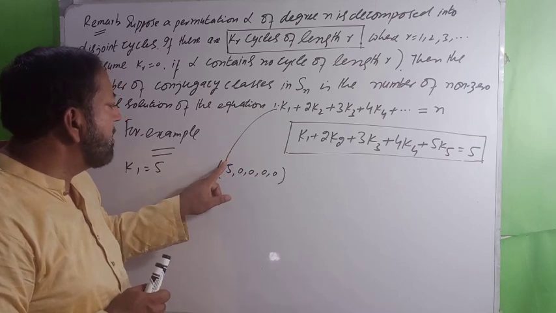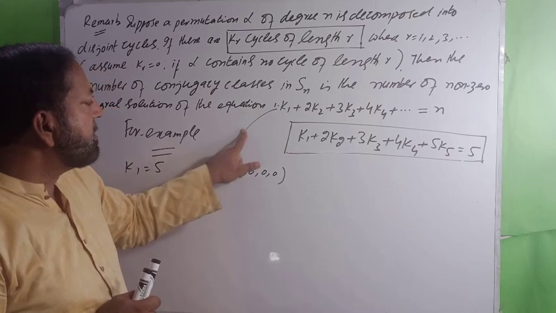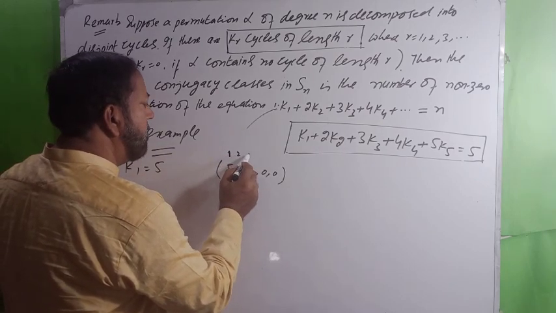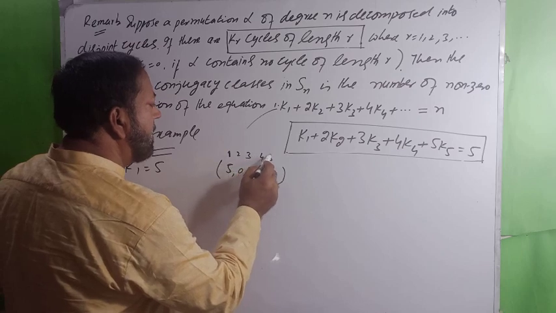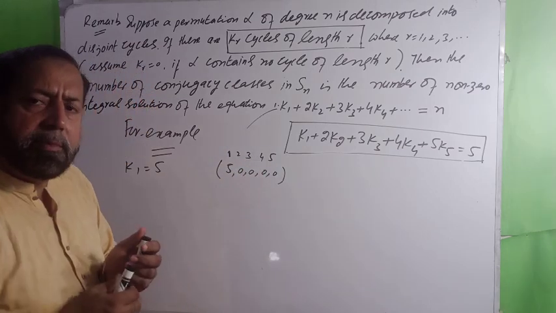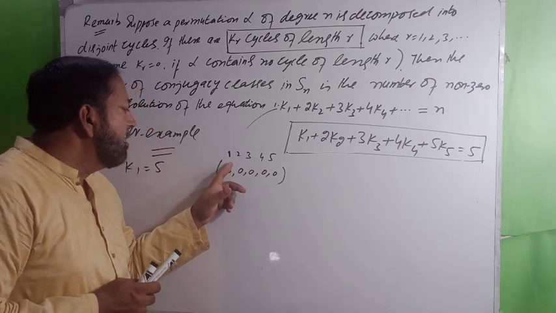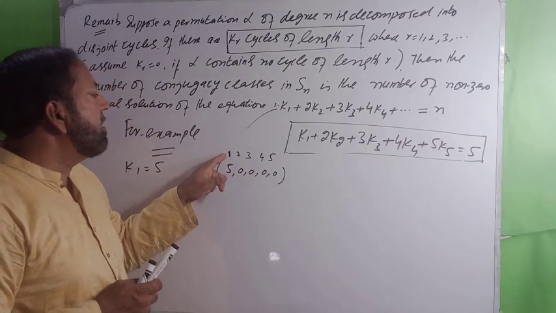This is the first position. Length 1, length 1, length 2, length 3, length 4, length 5. So when I am writing this 5-tuple, I am saying that there are 5 cycles of length 1, because